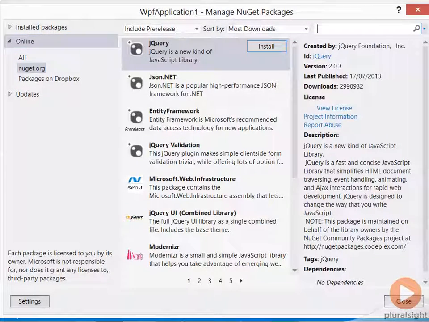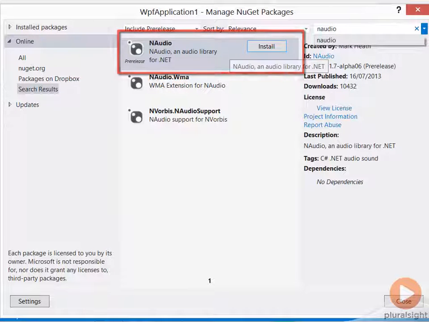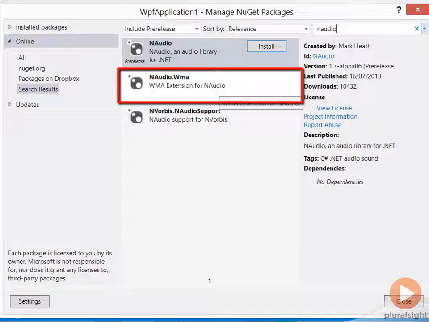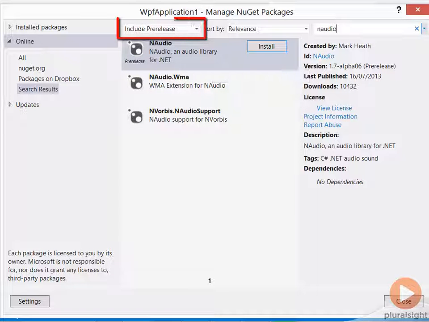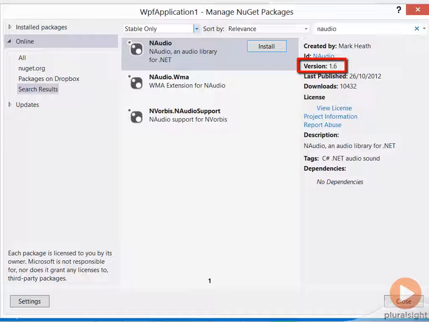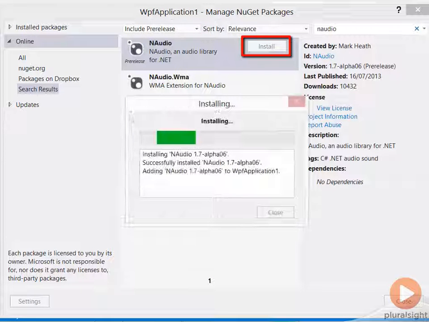If we then type mAudio into this query box here, it will find the main mAudio library as well as the WMA extension library. And there's another one that somebody else has created for Vorbis support. You can see here that because I've got Include Pre-Release selected, it's offering me the latest pre-release version. I could select Stable Only, and it will offer me 1.6. You should see 1.7 or newer when you try this. So if I reselect the 1.7 pre-release and click Install,